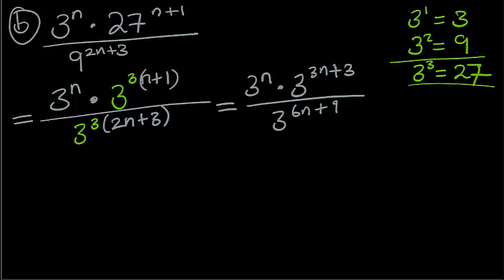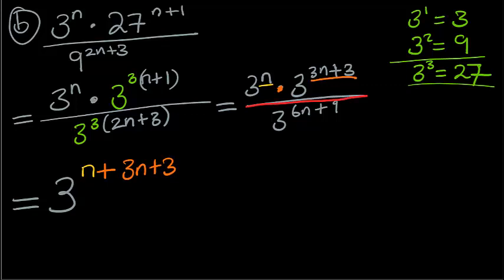All right, now that I've got the base of 3, I am going to add my exponents. So I'm going to start with the first one, which is just n. And then because I'm multiplying, I'm going to add the second one, 3n plus 3. And then I am dividing, so that means I have to subtract. And I'm going to put this in brackets so that you know that it is separate. 6n plus 9. So the reason why it's in brackets is because this minus must go there and there to